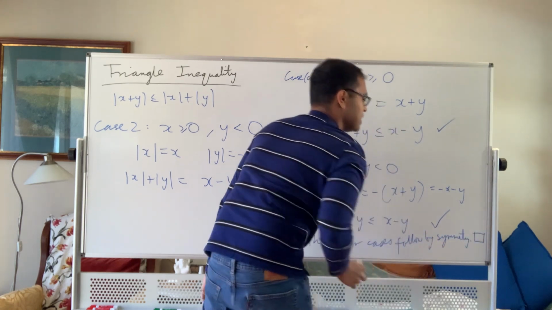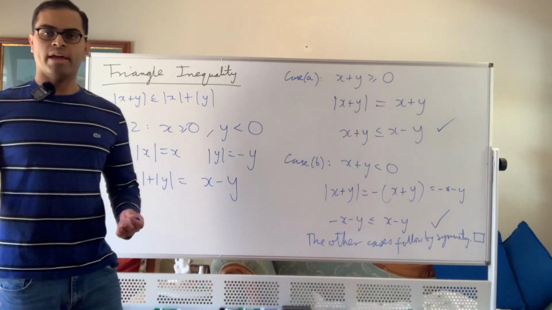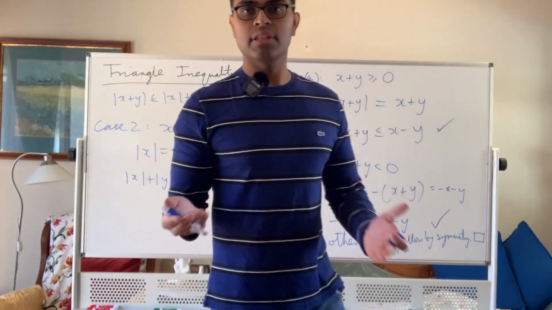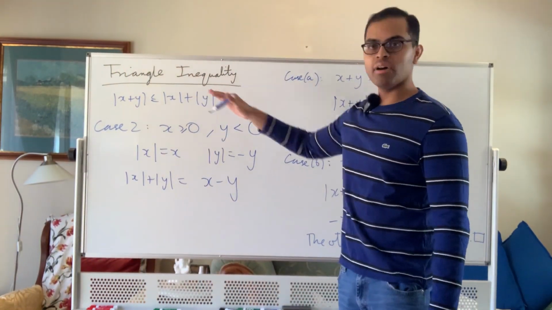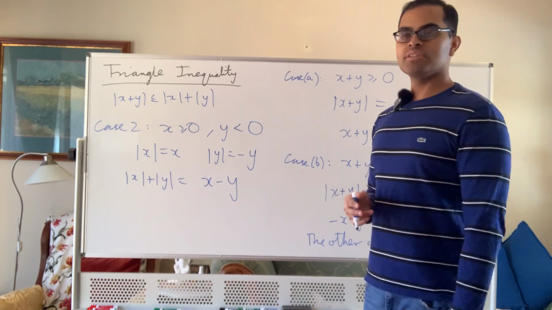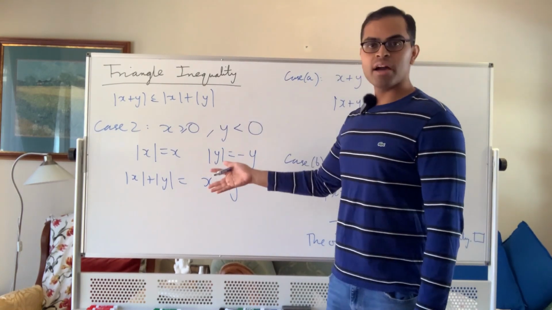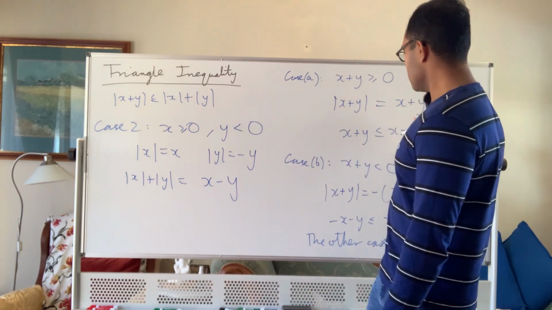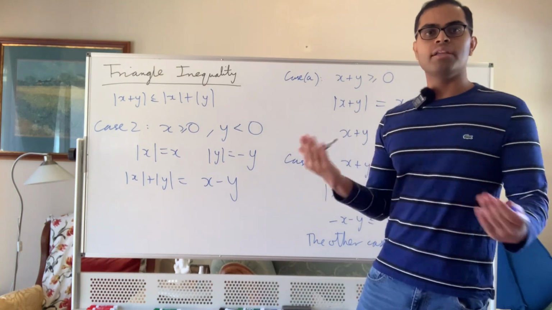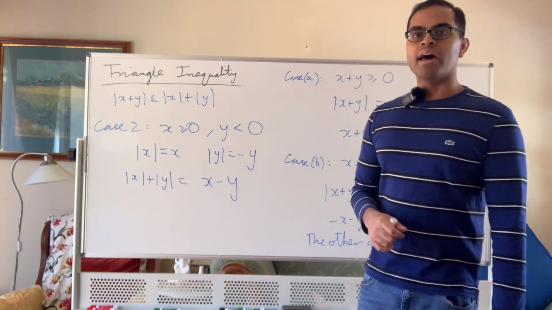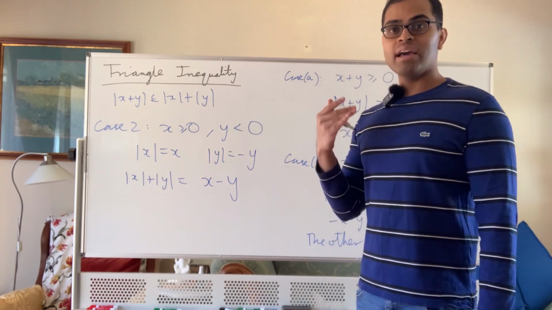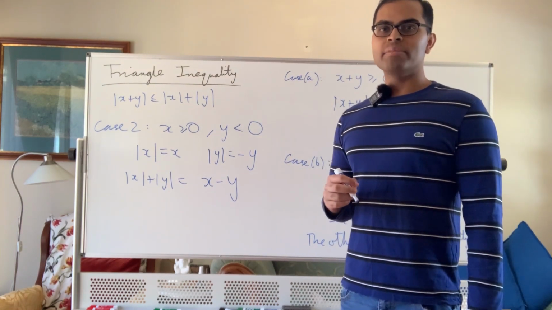And what do I mean by this is that you just swap x and y, right? X and y are interchangeable in the triangle inequality. If you look at that inequality, x and y are symmetric, so the case where y is at least 0 and x is negative is the same argument. You just take this whole argument and you swap x and y in it, and you get the argument for that case. And of course, the other case where x and y are less than 0, that case you do